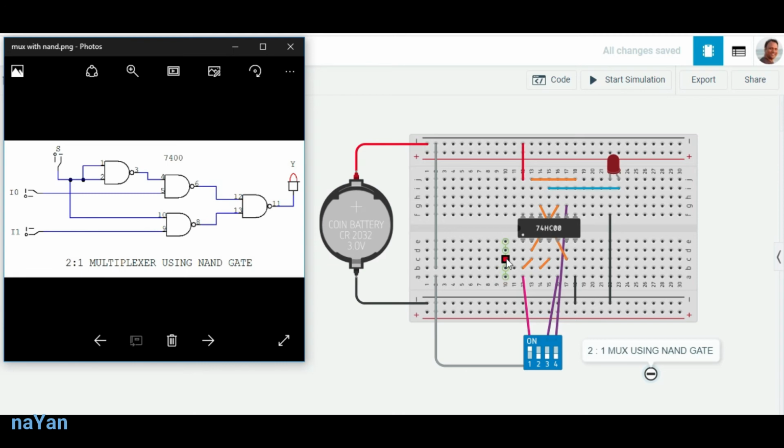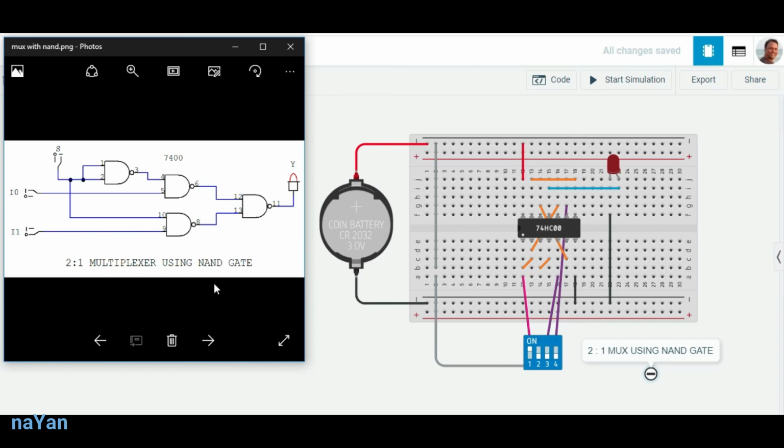So those who don't know, we just considered this as pin number 1 because here is a notch, and nearest to this notch there is a dot. So this is the first pin of IC. So we count like this: 1, 2, 3, 4, 5, 6, 7, and then 8, 9, 10, 11, 12, 13 and 14. So according to that we have connected. So this is our circuit connection for 2:1 multiplexer using NAND gate.